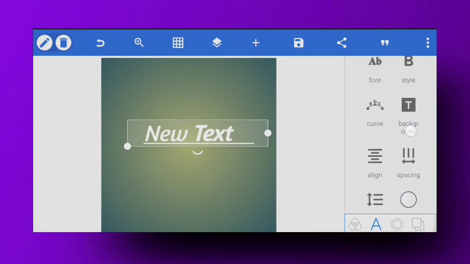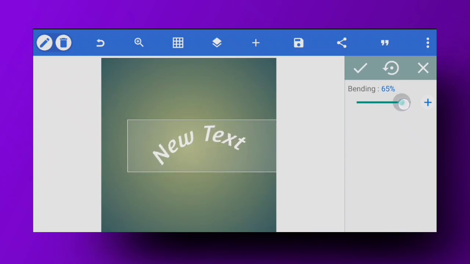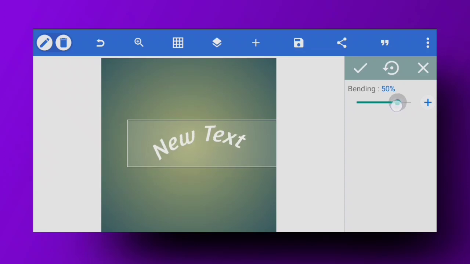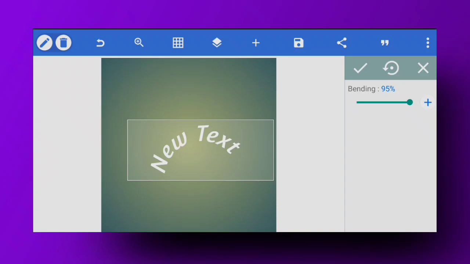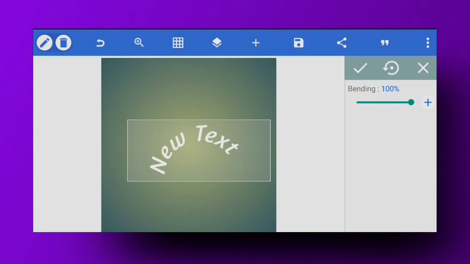Moving on, we have curve. Curve is something that I haven't used much myself, but what it can do is actually make the text like this. Once, back in time, I was making a stamp logo, and that's where I used this text curve effect to add text in between the logo format. You can also see that over here. This is how I had used it. You can basically curve your text the way you want.